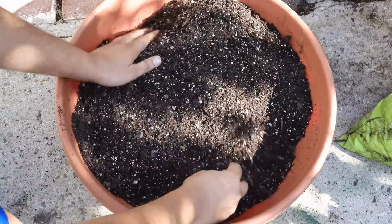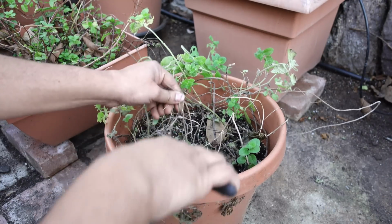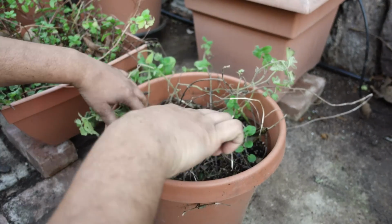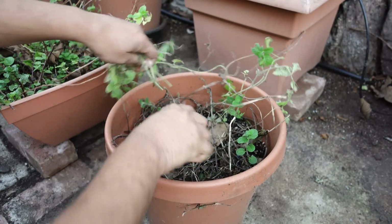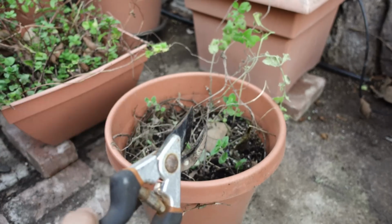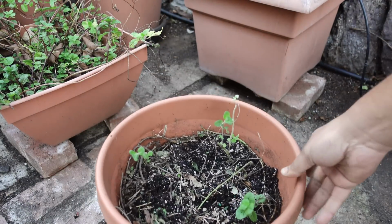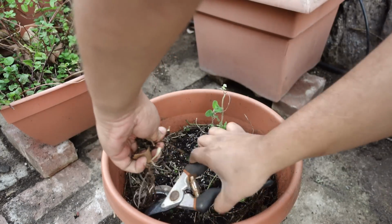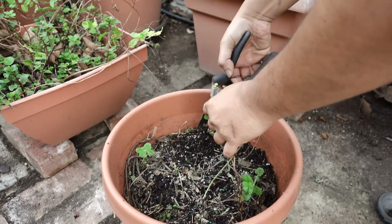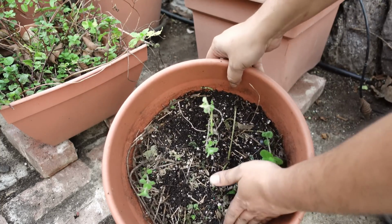Now mint is another plant that you should repot or transplant this growing season. This is a good time to do that. What you do is you just remove all the dead leaves around the mint plant and make sure that the plant is in a good condition before you remove it. And mint gets root bound very quickly. So I highly recommend that you check your mint plants and then prune them like this, what you see here. And you can leave them in the container this way, or like what I am planning to do now, just take the good plants, the good shoots,